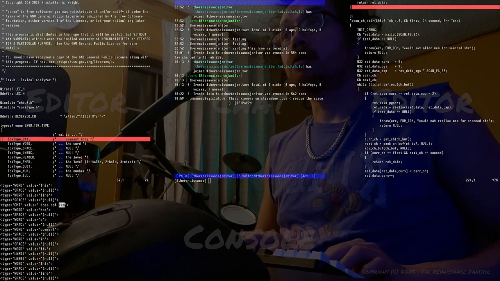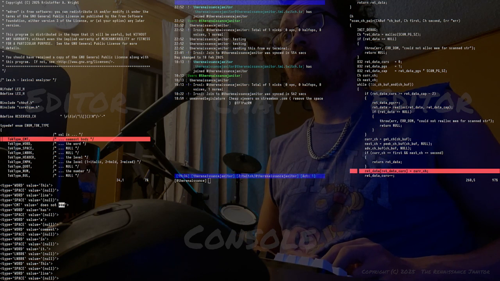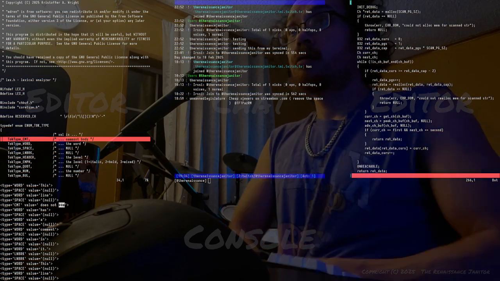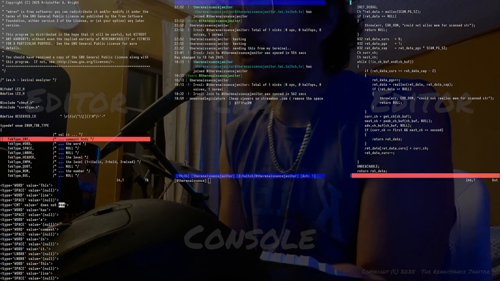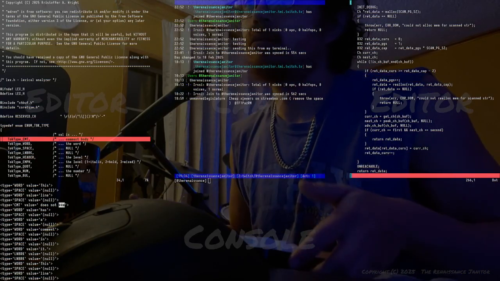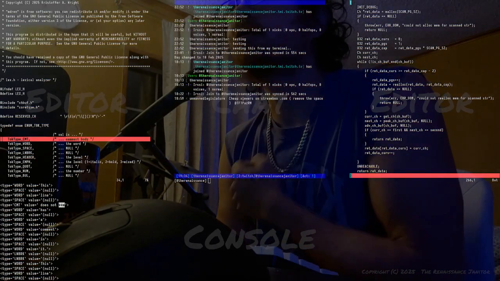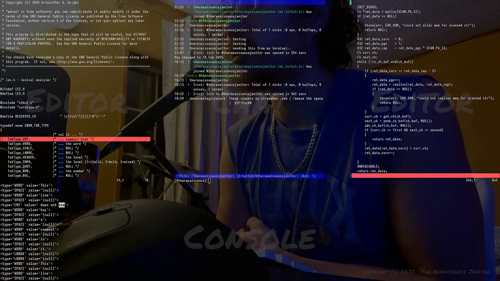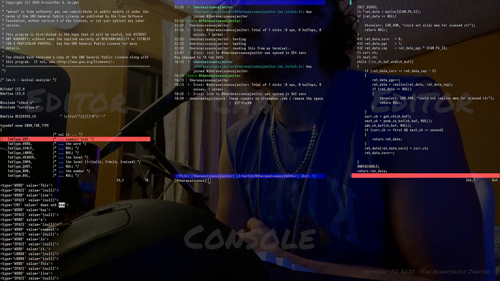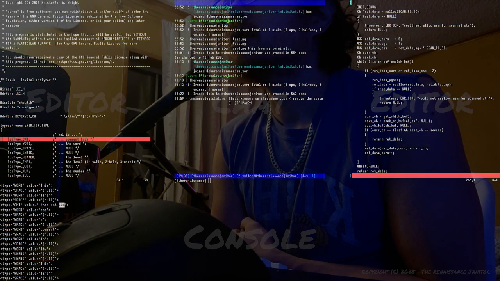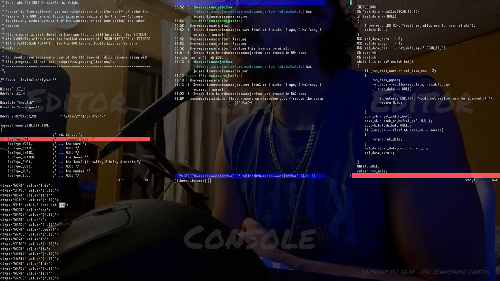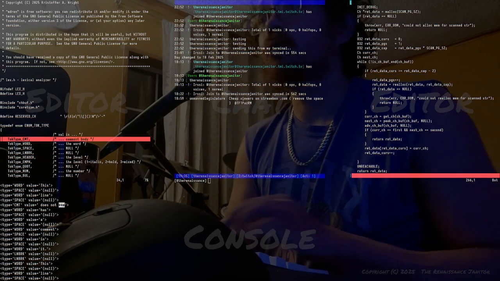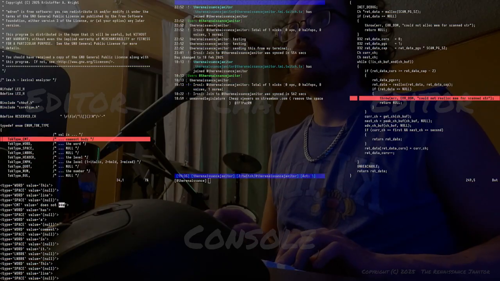So this should be in pair. I haven't actually fixed this one up yet, so sounds like a problem. I don't know why the first time it worked it didn't. We didn't have this problem, but let's take a look what's going on here. So the very first thing is we, just like before,